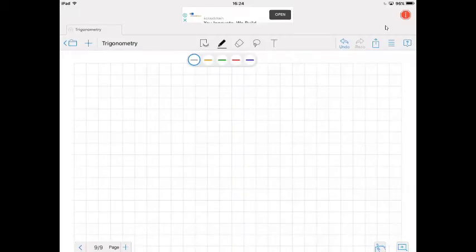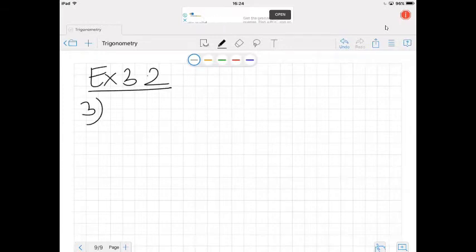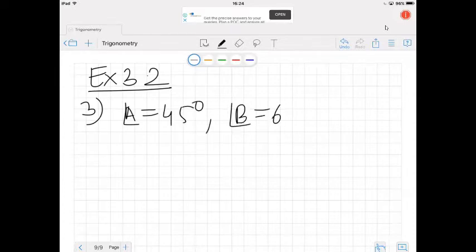So we will take one question on sine rule. Last time we learned what sine rule is. The question is from exercise 3.2, and it is the third question. The question says that in triangle ABC, angle A is 45 degrees, angle B is given as 60 degrees, and you have to find the ratio of its sides. So, ratio of the sides of the triangle.